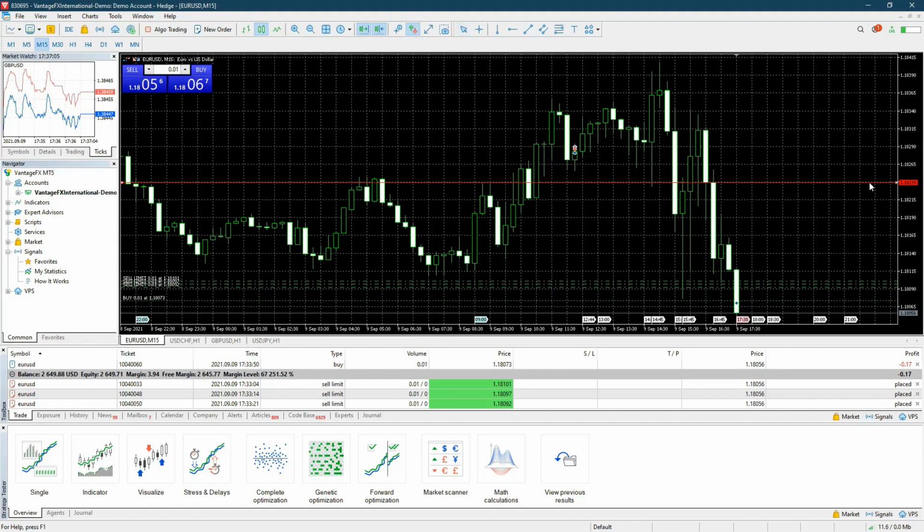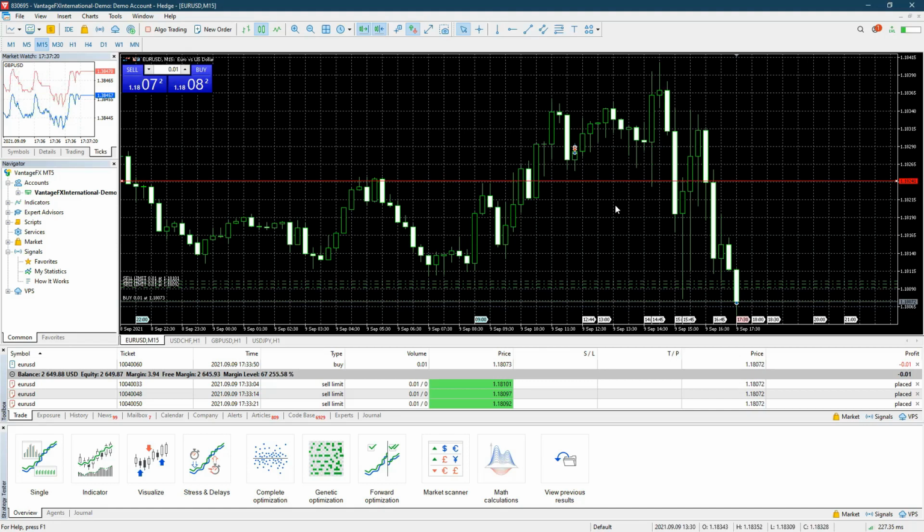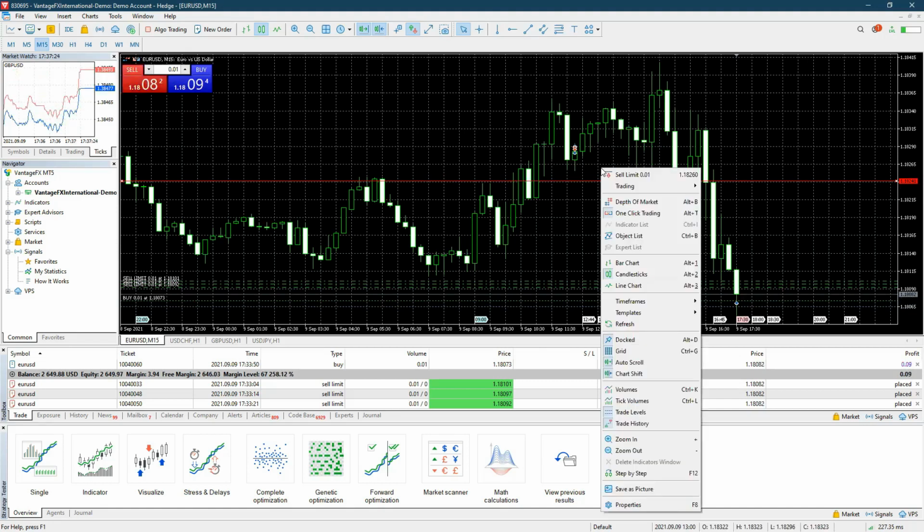I've put this line here, and I can see the price here is 1.18241. This is where the depth of the market is important, because at this point I have to come here and actually check what the price is. So the price here is 1.18241, and I want to set a sell limit there. So on my